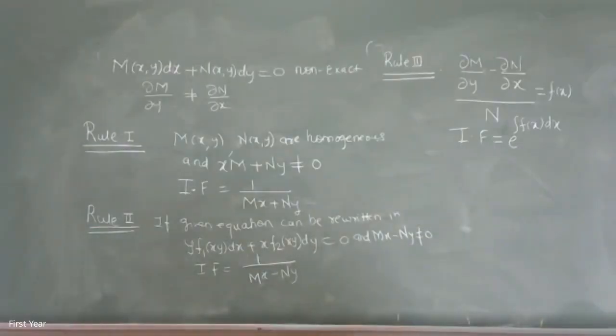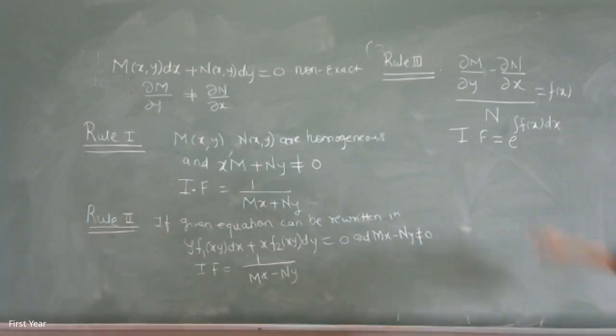Then your integrating factor is, with f of x, e raised to integration of f of x dx. Now, it is not at all simple to directly remember this and write down the function also, and then say this is the rule, this is the integrating factor. Just see now how we are going to make it a mind map or keep it in your mind,